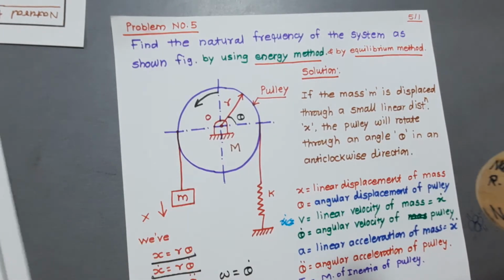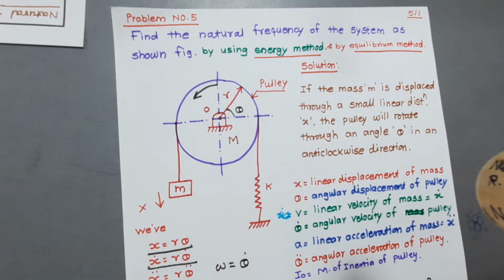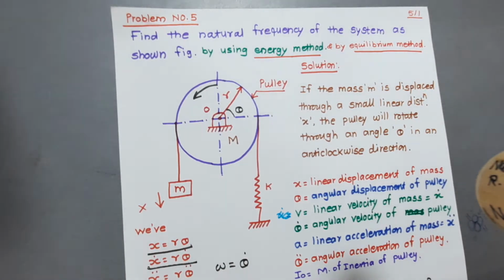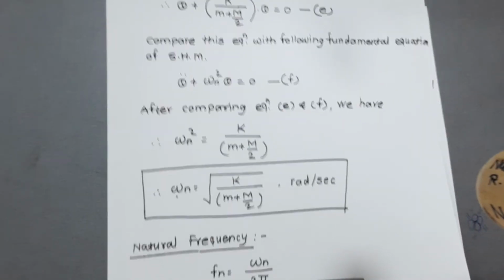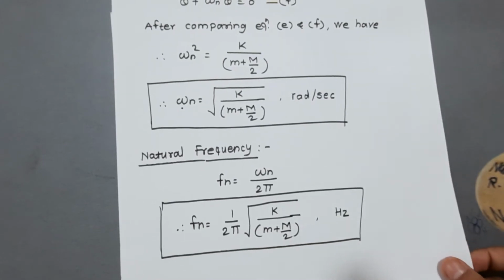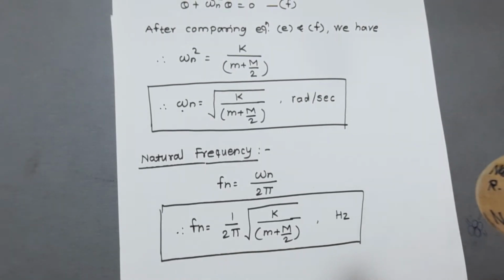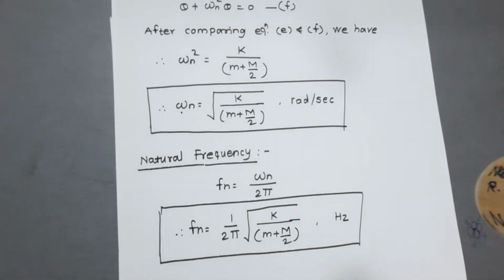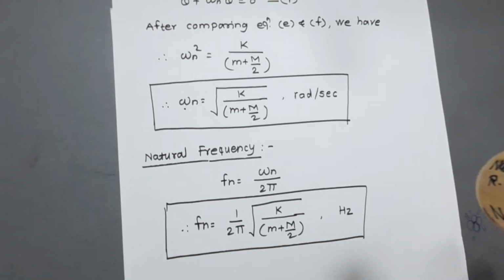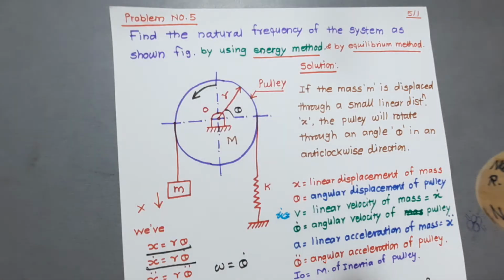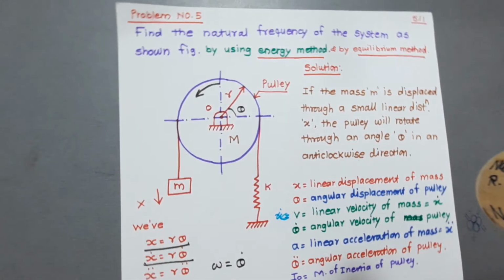So for this given system, with the help of the energy method, we have the natural frequency equation Fn is equal to 1 upon 2 pi under square root of k divided by small m plus capital M by 2. Now, dear friends, we will solve the same problem by using